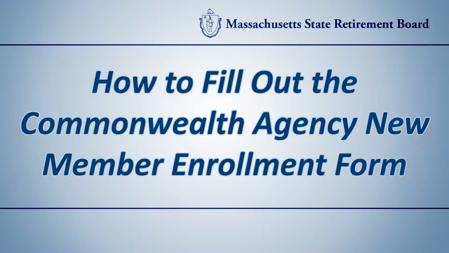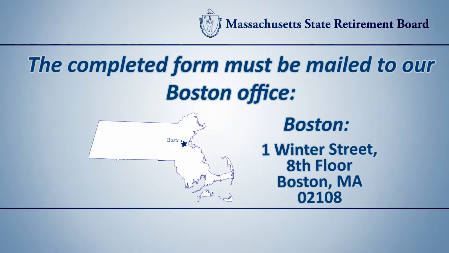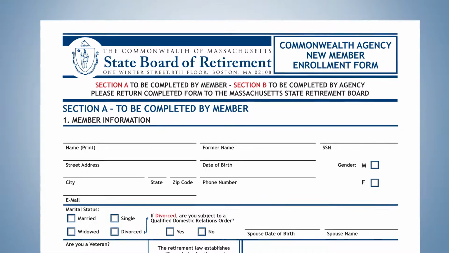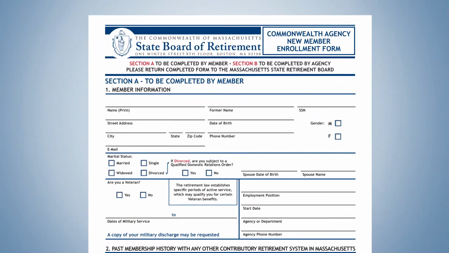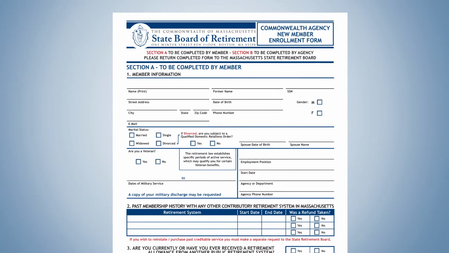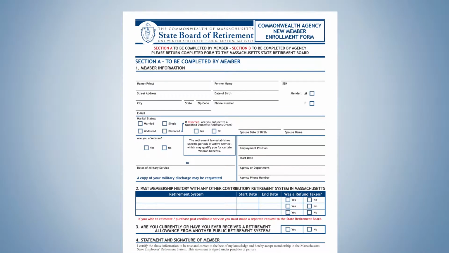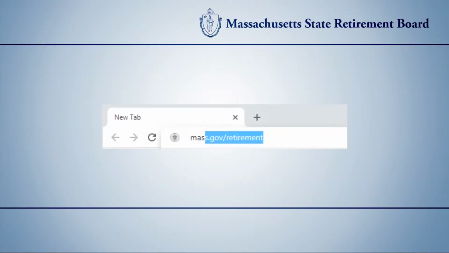In this episode, we will explain how to complete and file a Commonwealth Agency new member enrollment form. The completed form must be mailed to our Boston office. New members will need to complete a Commonwealth Agency new member enrollment form to enroll in the Massachusetts State Employees Retirement System. The form is available on the board's website at